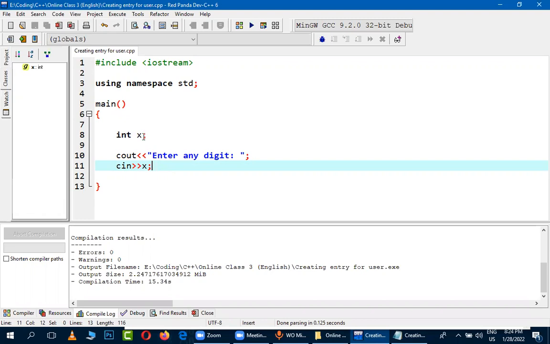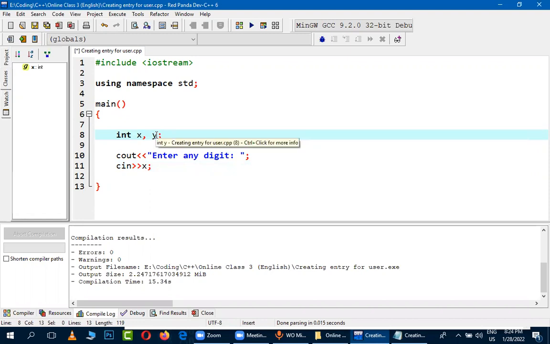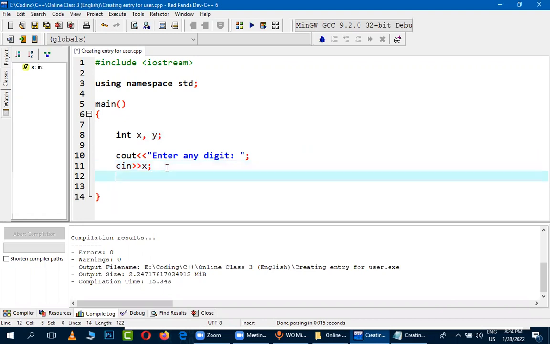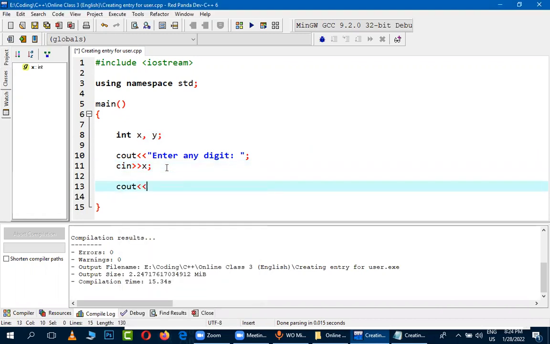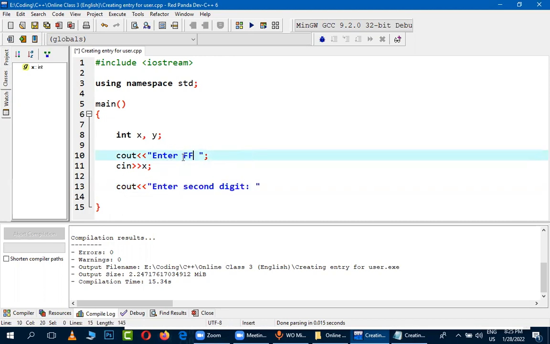So for example, if I want to get two values from a user, I would declare another variable Y. The variable name can be anything, X or Y, whatever you like. And then I want to show another message to the user, telling the user to enter the second digit, right? Enter second digit. And I would just modify the first one to say enter first digit, right? Enter first digit. And now,